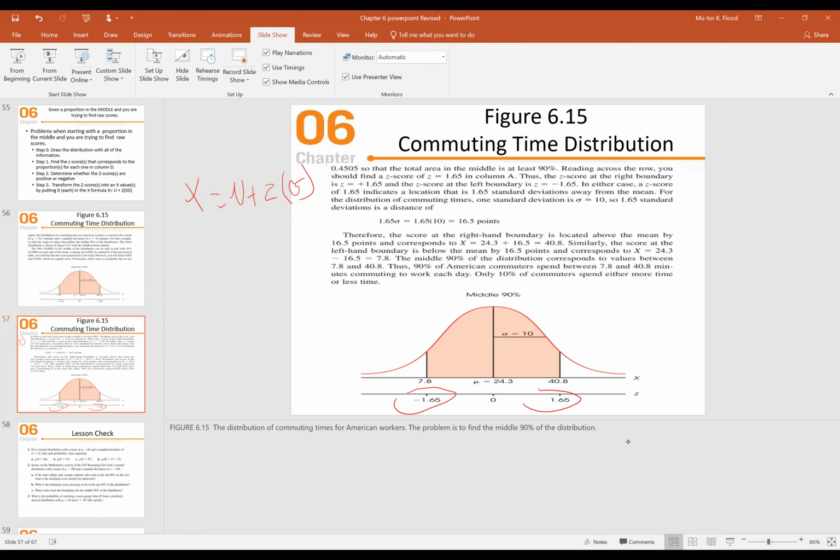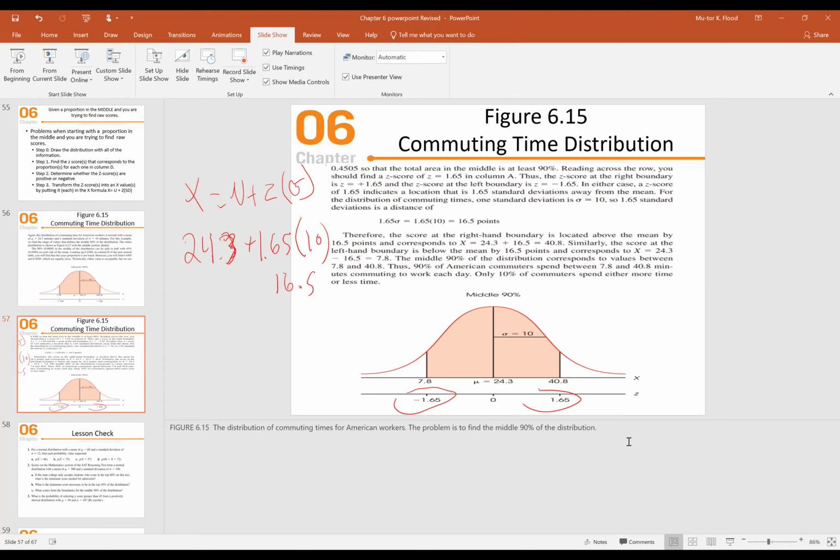For the first one, 24.3 is the population mean, right? Plus the z-score of 1.65 times the standard deviation of 10. All right, and that's going to give you